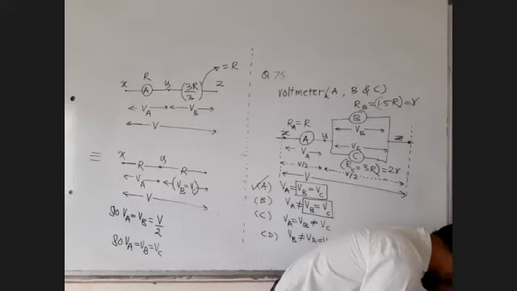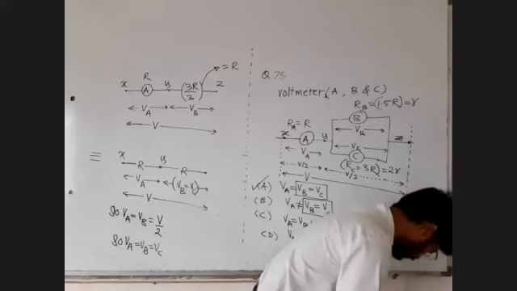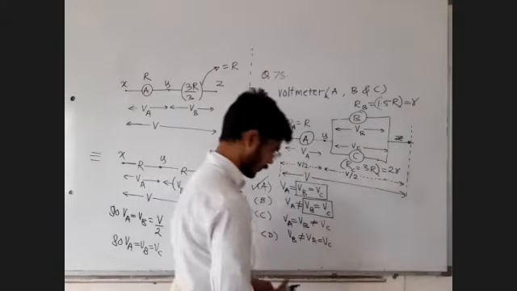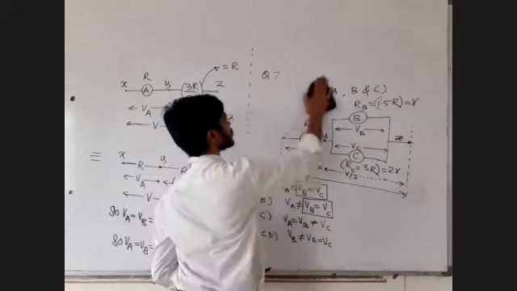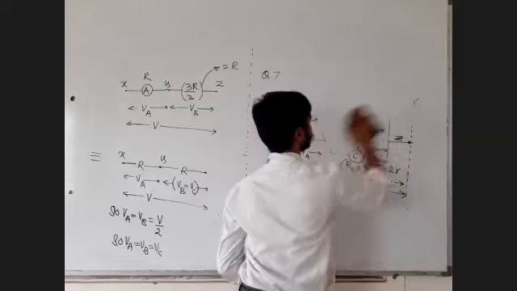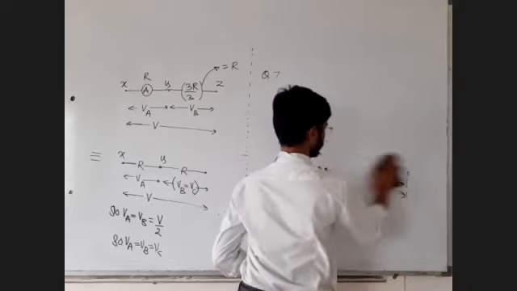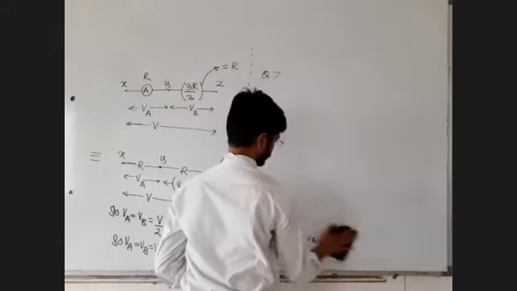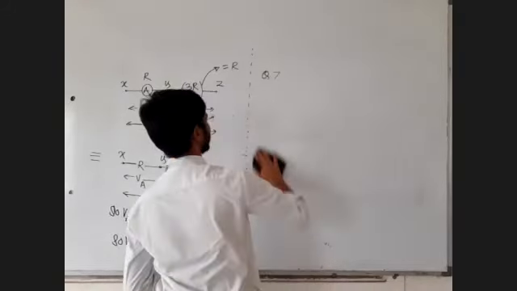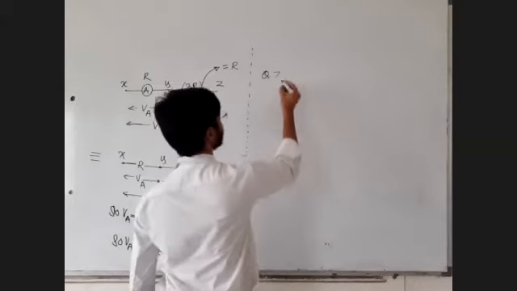In the circuit, each resistance is 2 ohm. The readings of A1, A2, A3 respectively. All ammeters are identical. Question number 79. You have to find the readings of the ammeters, which means ultimately you have to find the current in the branches. What is the reading of an ammeter? It is the current in the branch.